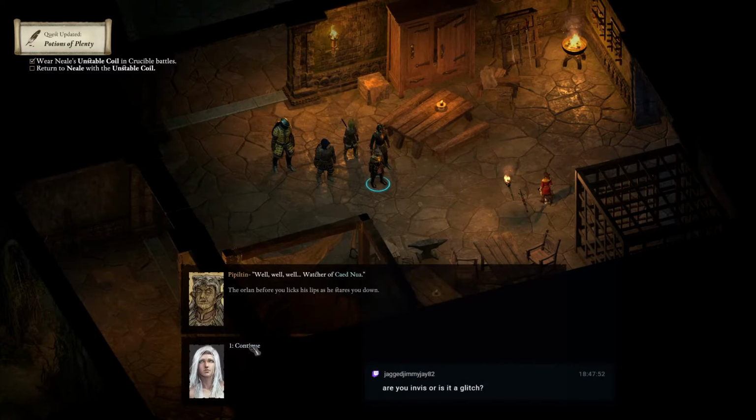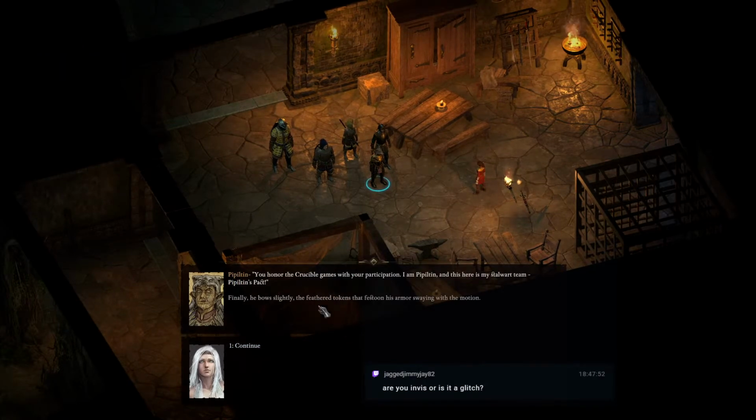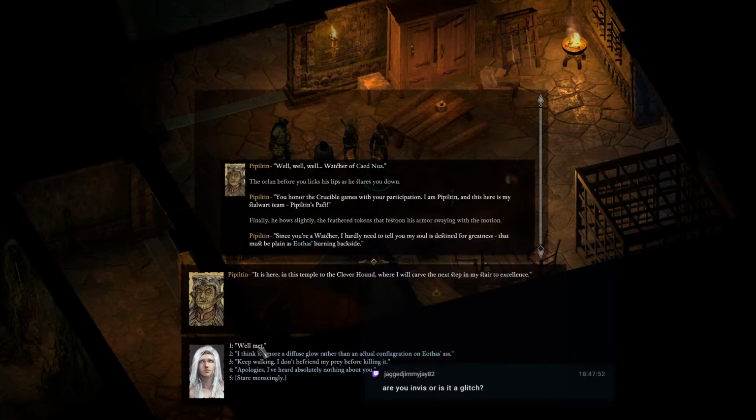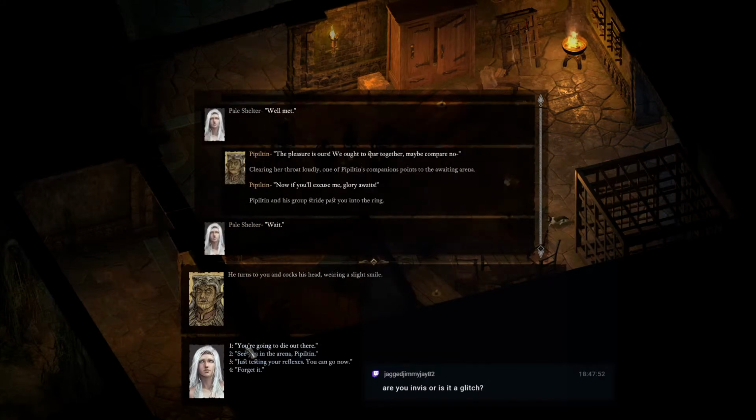Well. Watcher of Cad Nua. It is still useful. You honor the Crucible Games with your participation, since it is here. It's very useful when you have to steal the clever things. Hound, where I will carve the pleasure. Now, if you'll excuse me, your